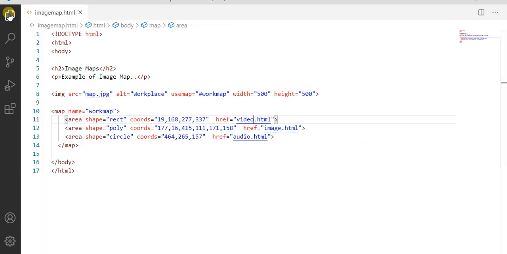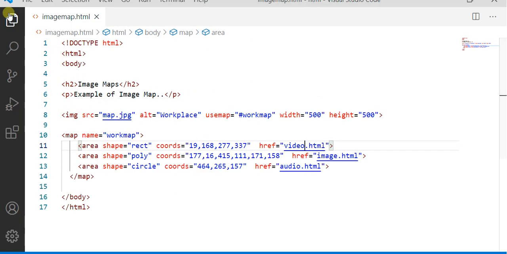Okay, the same coding I gave here, you can see it. Here I represent the shapes, coordinates and the documents. Whenever they click that space in the image, it will go to the respective document. map.jpg is the image which I have taken for this image mapping. Inside the map.jpg I find the coordinates and represented them in coding. Let's see how to find the